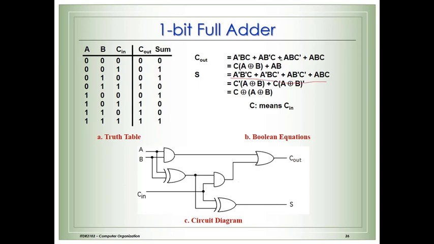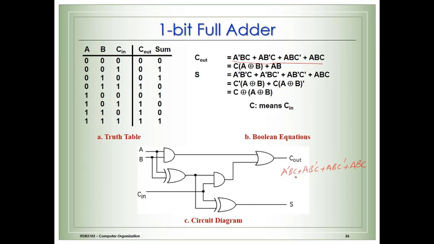Then here we apply Boolean identities that we have learned earlier to simplify our equations so that we can get a circuit which requires fewer gates. So here, as you can see, okay, let me simplify this one. Let's say we had A naught BC plus A B naught C plus A B C naught plus A B C, right?